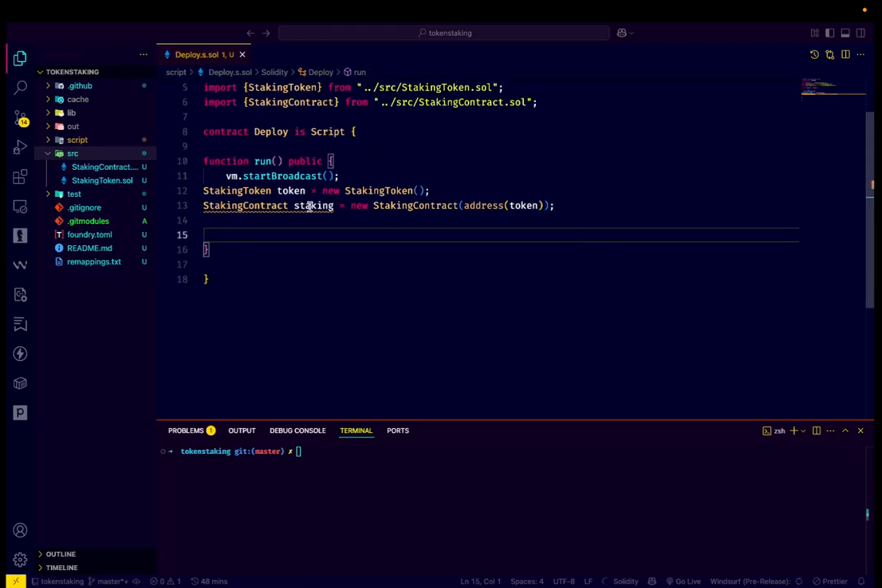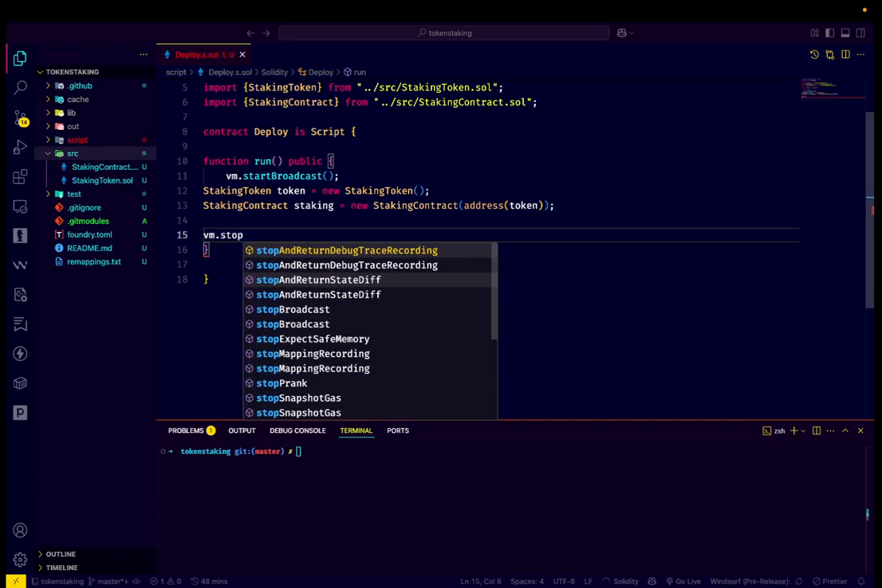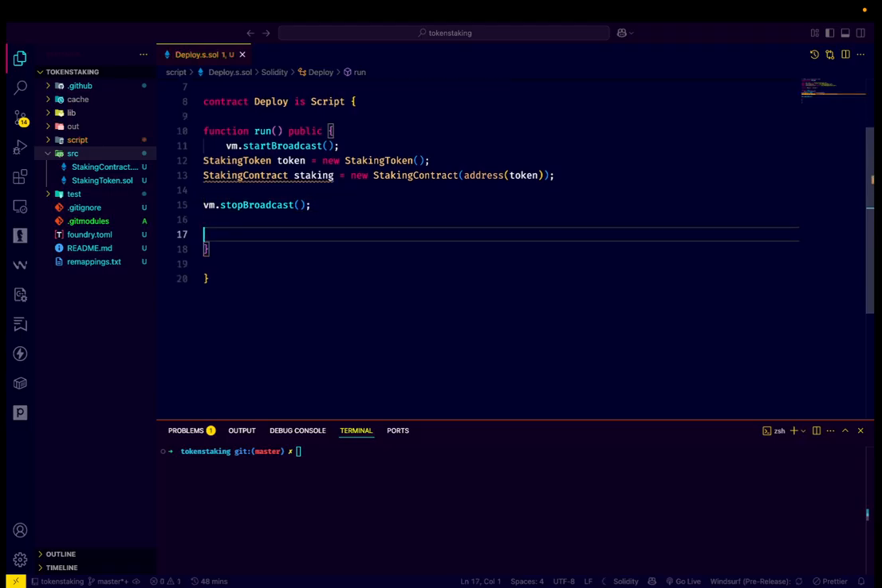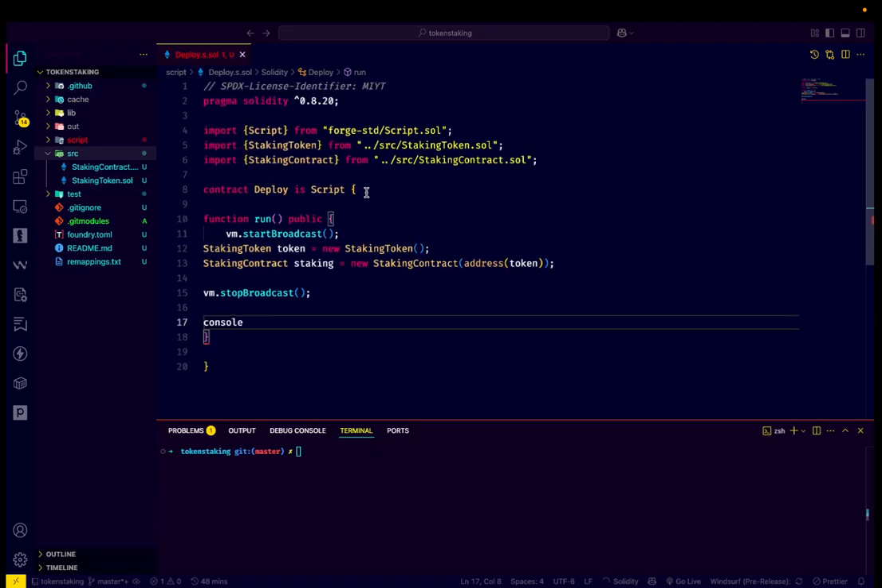And now what we have to do is stop the broadcast and print the value of our contract addresses that will be deployed. So let's stop this. vm.stopBroadcast, and there we go. And now let's console. We have to import console from the forge standard library, console.log